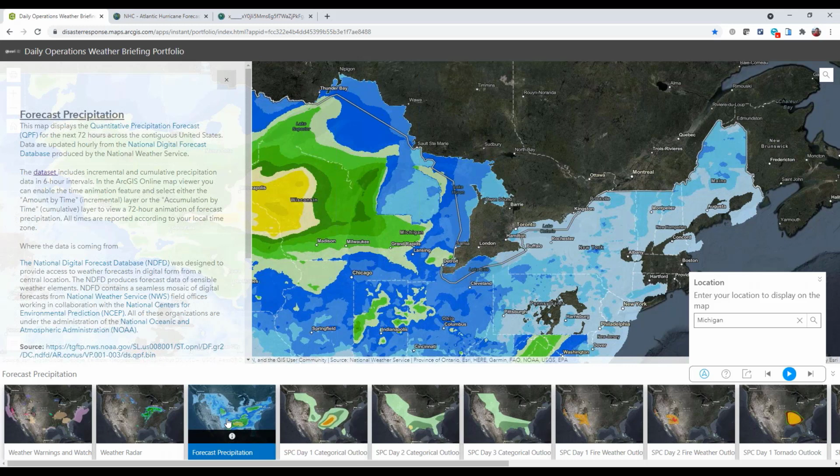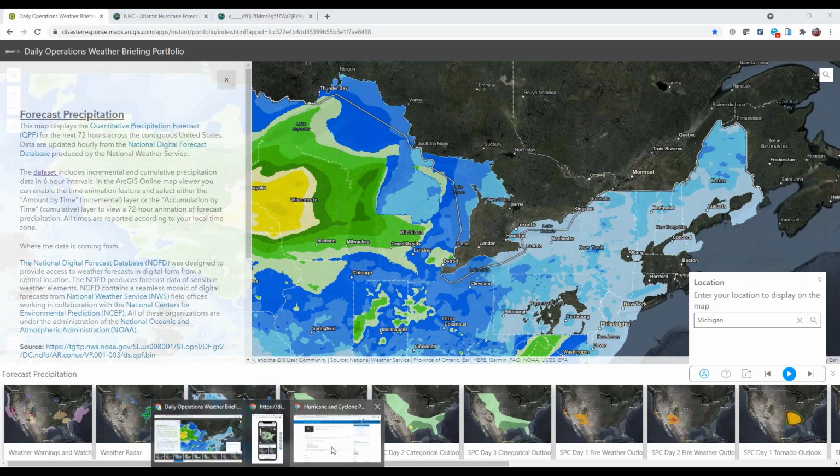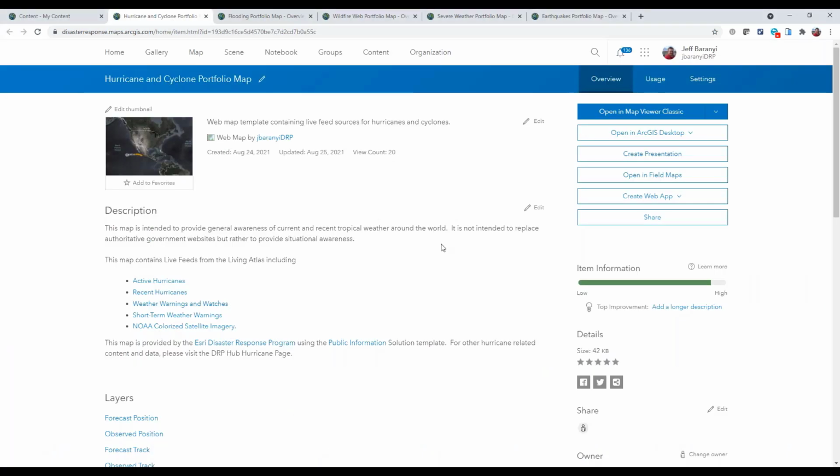Now, this is actually a public example. We can share the link for this out with you so you can see what this looks like. But in addition to just exposing you to the capabilities of this particular application, this morning we also wanted to share with you how easy it is to create this application. So now I'm going to switch to a different view, and the first step here is really to prepare your content.